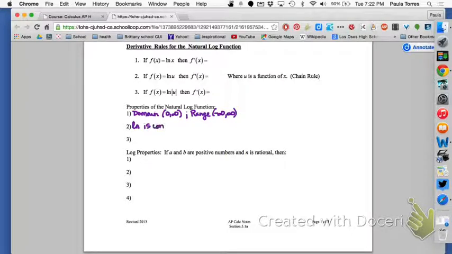One of the ways we know it's continuous, other than by looking at the graph, is because it's differentiable. And if it's differentiable, that implies continuity. That's a reminder. It's also increasing,